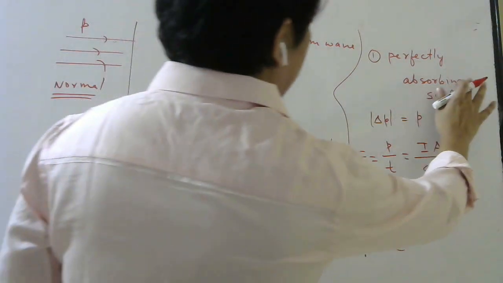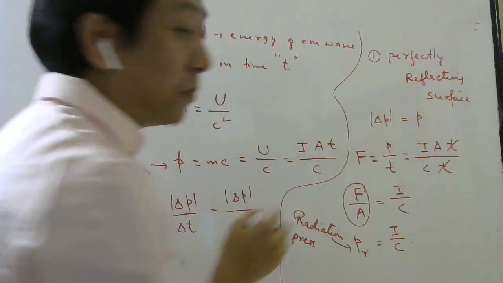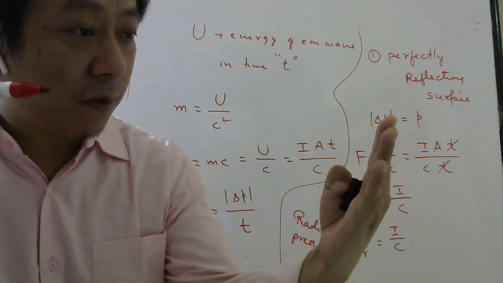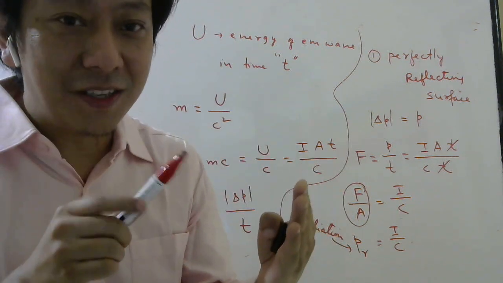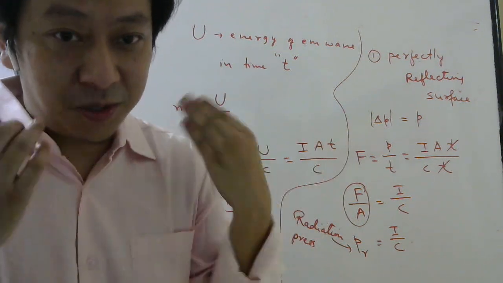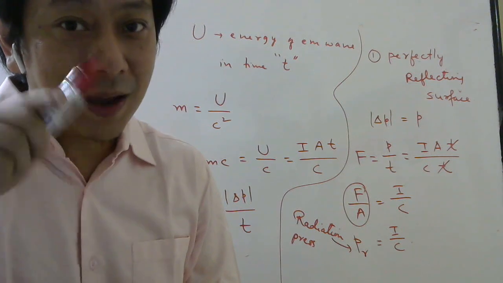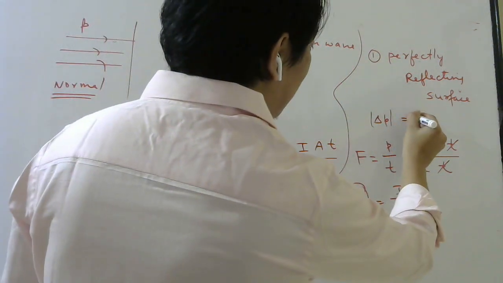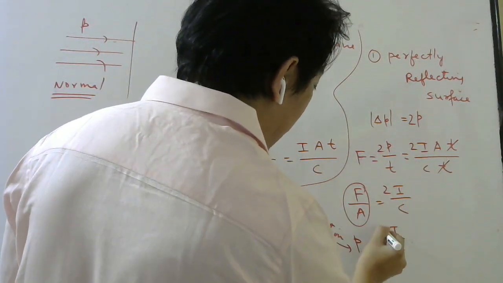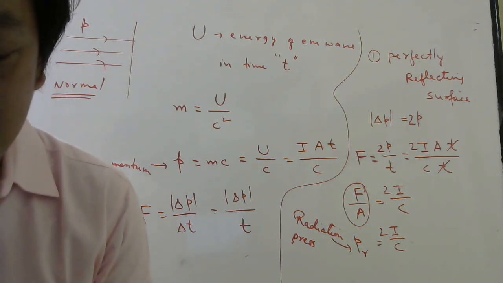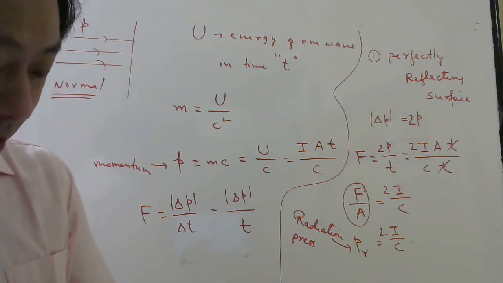Now let us see the second case, if it is a perfectly reflecting surface. If it is coming with momentum P, it will reflect with momentum P but in the opposite direction. So what will be the change? If P becomes minus P, because it's a vector quantity, what is the change? Minus 2P. So the magnitude of change in momentum will be 2P now. Therefore this 2 will be here, here, and here. So now the radiation pressure will be 2I by c. But they told for totally reflecting it is I by c. So B is wrong, C is also wrong.